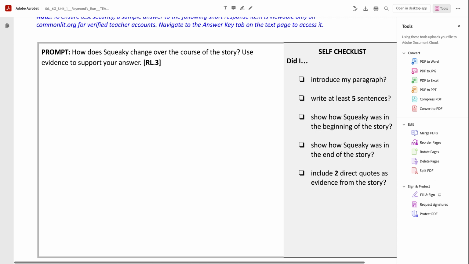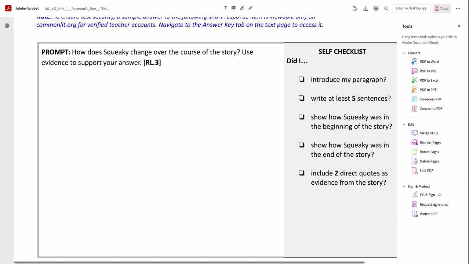Okay. So here's my topic sentence. I took the question and I just made it a statement. So if you don't have a topic sentence on your paragraph, you're going to have to do that. I want you to pause the video and do that right now. Your topic sentence might look just like mine.